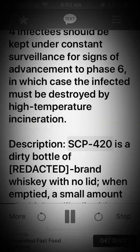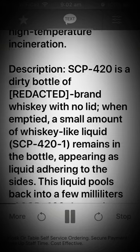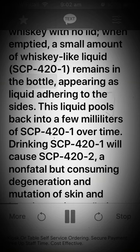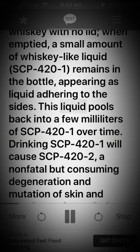Description: SCP-420 is a dirty bottle of redacted brand whiskey with no lid. When emptied, a small amount of whiskey-like liquid, SCP-421, remains in the bottle, appearing as liquid adhering to the sides. This liquid pools back into a few milliliters of